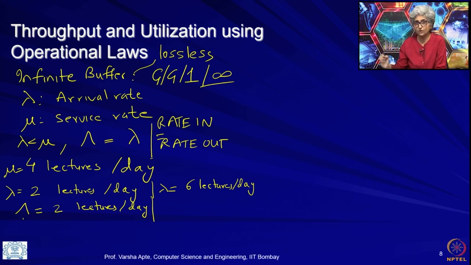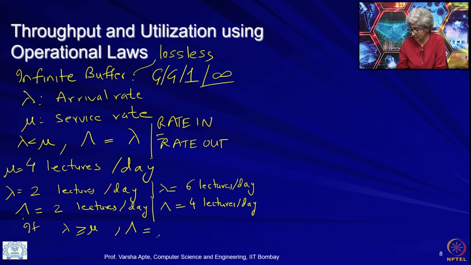How many lectures can you complete watching per day? It has to be just 4 lectures per day, right. Right, how can you watch more? 6 can be coming, but you can only do 4. So, the rule here is if lambda is greater than or equal to mu, anything more comes, then throughput has to be equal to mu,